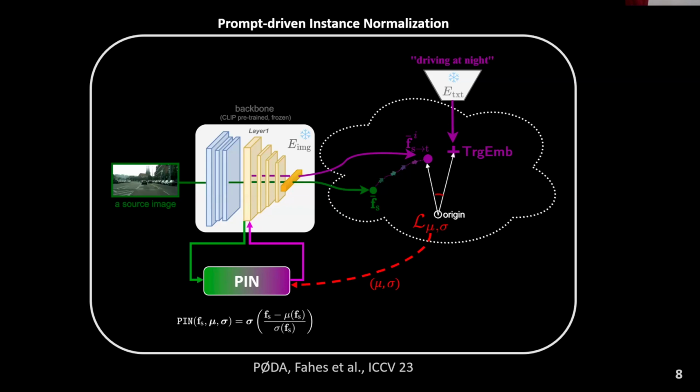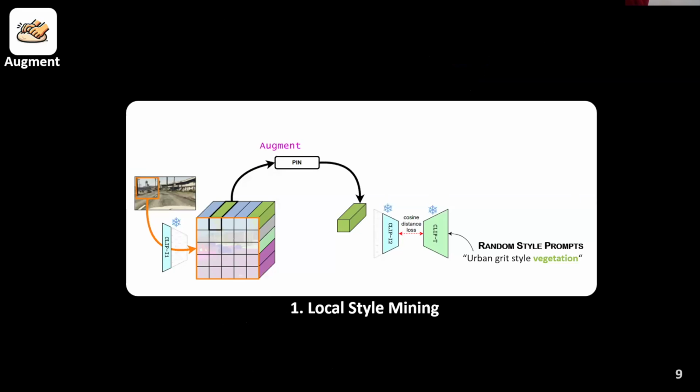It actually is just stochastic gradient descent with 100 optimization steps. And what we want is to benefit from that prompt-driven instance normalization in the context of domain generalized segmentation. So how do we apply that? The first ingredient of our recipe is to augment the features. We were applying PIN at the image level. Here we're applying PIN at the patch level, meaning that taking an input image,